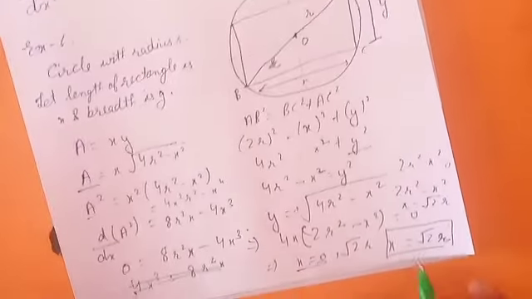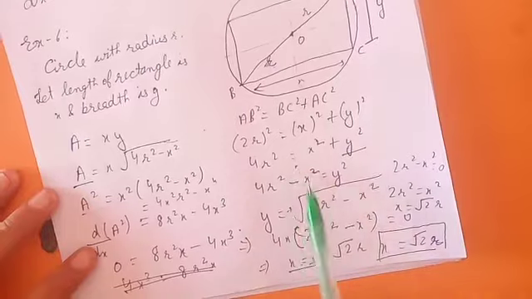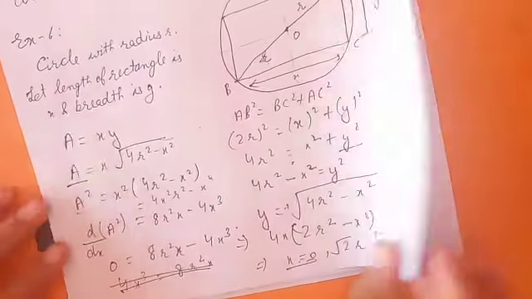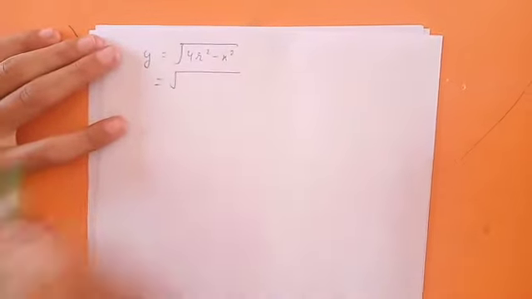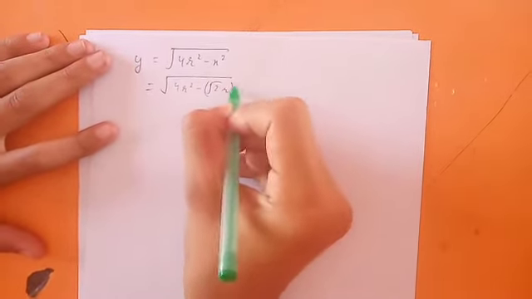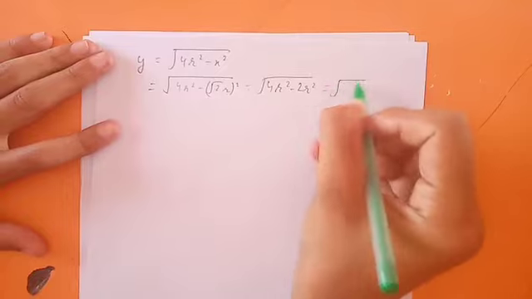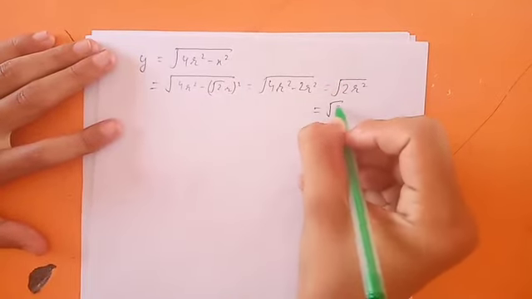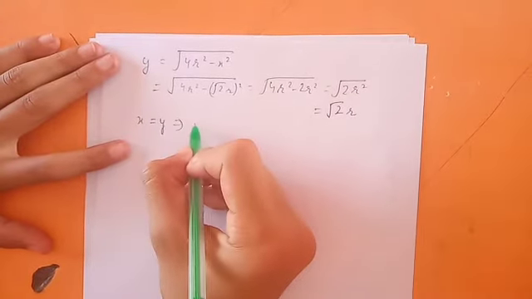Now after putting the value of x in this equation, we will get the value of our y. Now what was y? Our y was root of 4r square minus x square. What was the value of x? X is root 2r, whole square. That gives 4r square minus 2r square, which is 2r square, and on the whole it becomes root 2r. Now x is equal to y. That means our